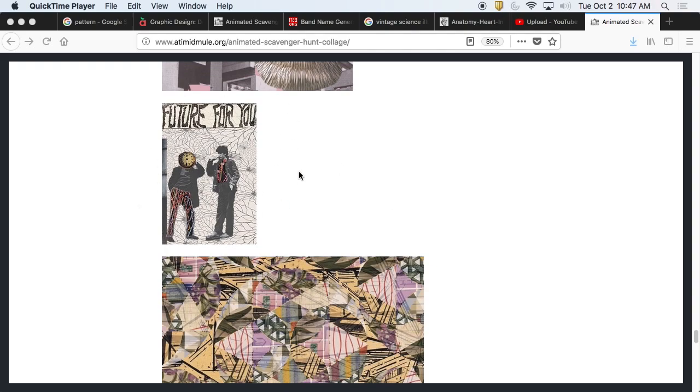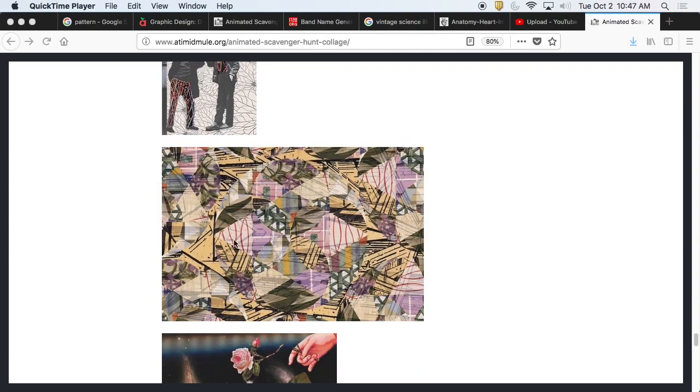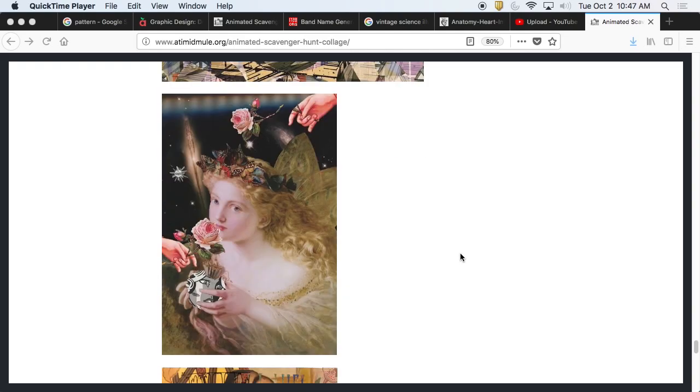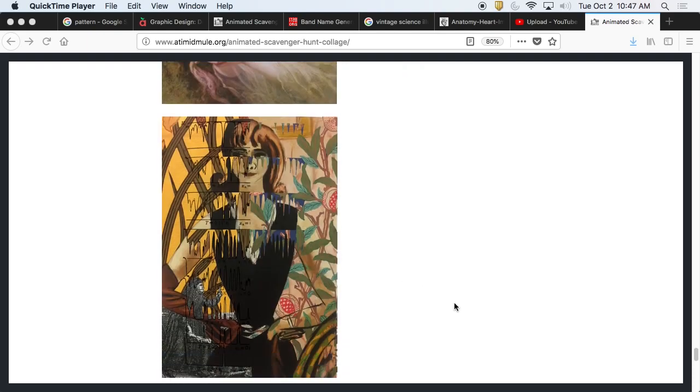This one's a little bit sort of classical. This one I like a lot. It's very complex. It seems a little busy at first, but it starts to come together as you look into it. You just kind of see those patterns and see things come out of it. I think that one works nicely. This is a little more straight collage-y. She wanted to create kind of a scene, which to me is not really the best use of this.